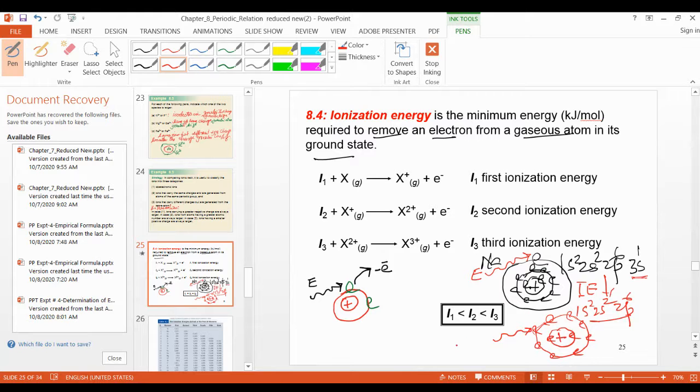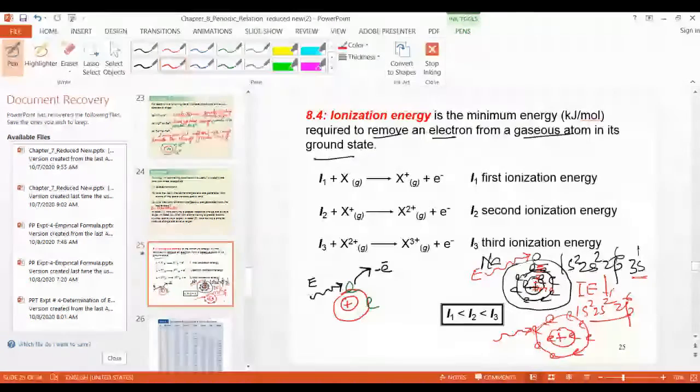Now the question is that there is a very great attraction between the 8 electrons and the nucleus, the positive charge. These are strongly bonded as compared to the third. The third one is away from the nucleus, and this one is close to the nucleus. So these 8 electrons are bonded to the nucleus with a greater force. So more energy is required to remove this electron from the shell.